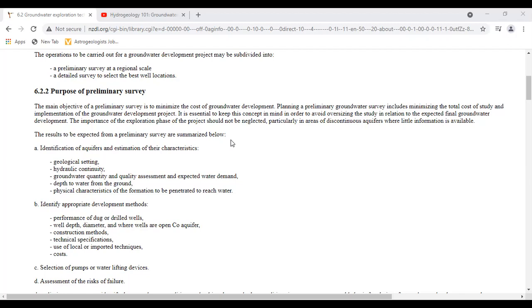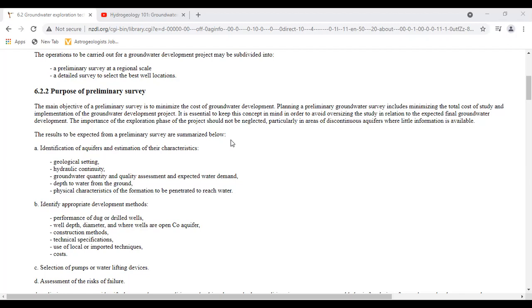Hydraulic continuity means that, for example, if we drill a well, the water available comes through the well from a source point. That source point is important when it exists on the surface of the earth, so it is internally connected to this aquifer. When rainfall occurs, the water infiltrates through the porous, permeable media and comes to here. So that is the importance of hydraulic continuity.